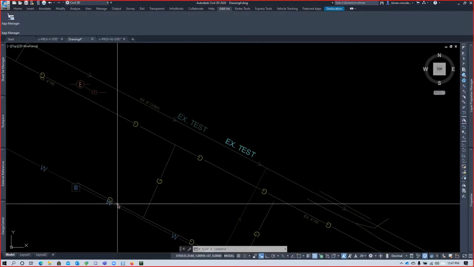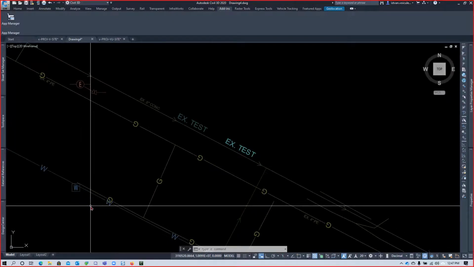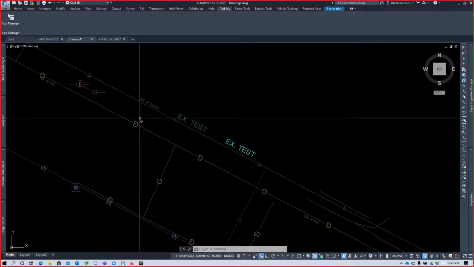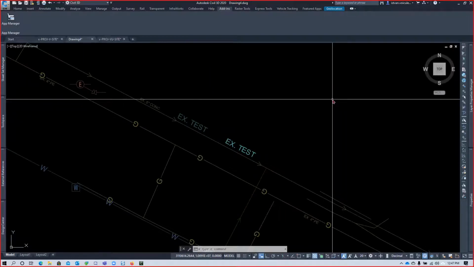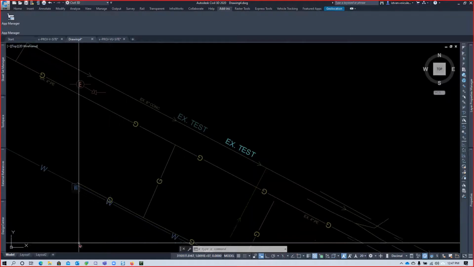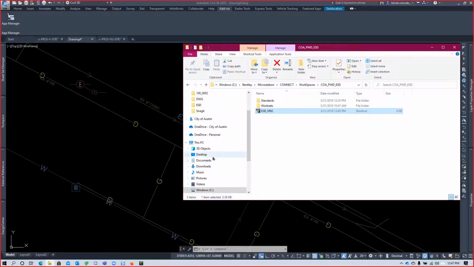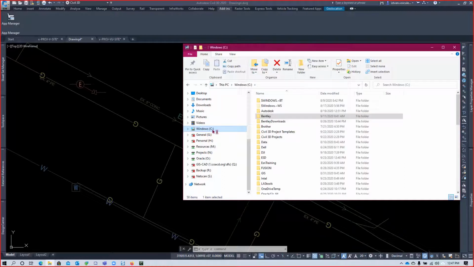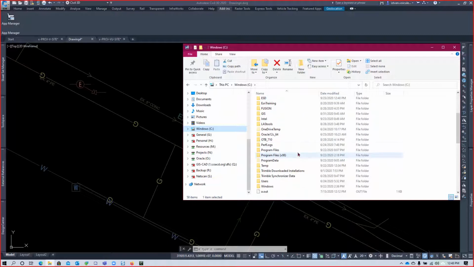The version before was 3.7.0, and they came up with version 4.00. So with version 4.00, instead of having to do a netload, now it's more or less like an app in AutoCAD,